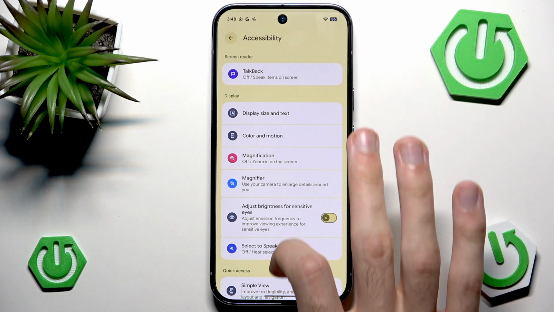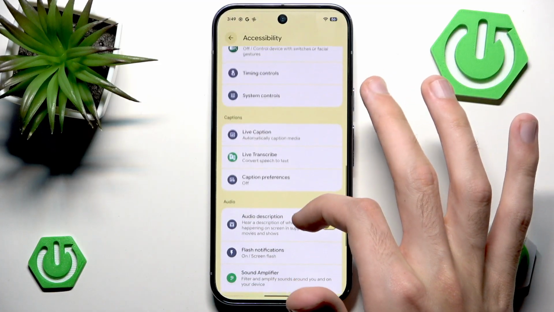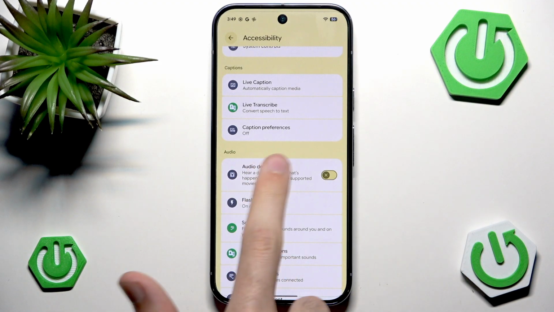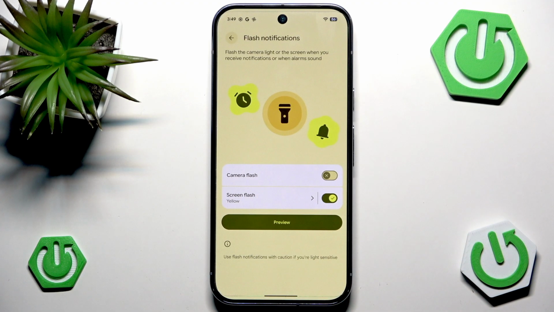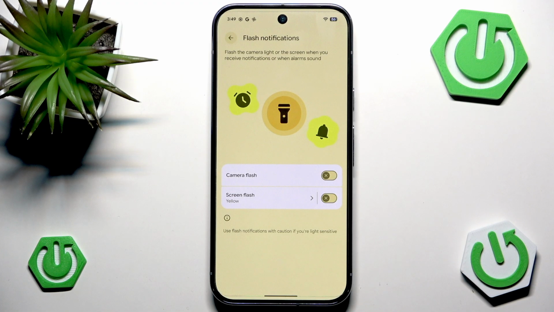Now you want to scroll down a little, and somewhere here we'll see flash notifications. I have no idea why it's under audio, but whatever, we can click it. As you can see, I can press preview, and there you go, our screen is flashed indeed. So if that's your issue, I would just advise you to disable the screen flash and no flashing can be